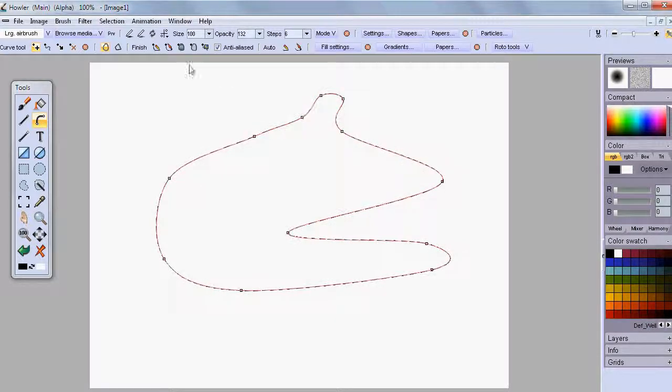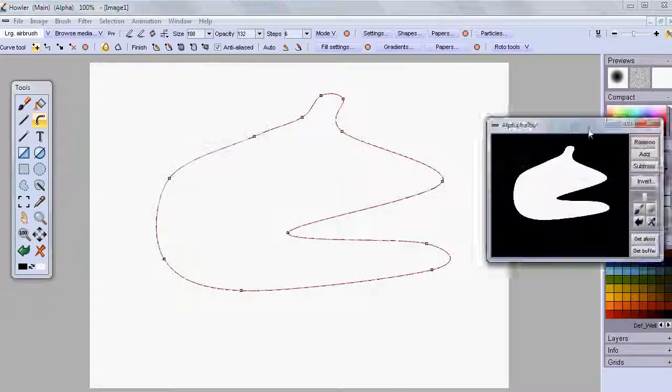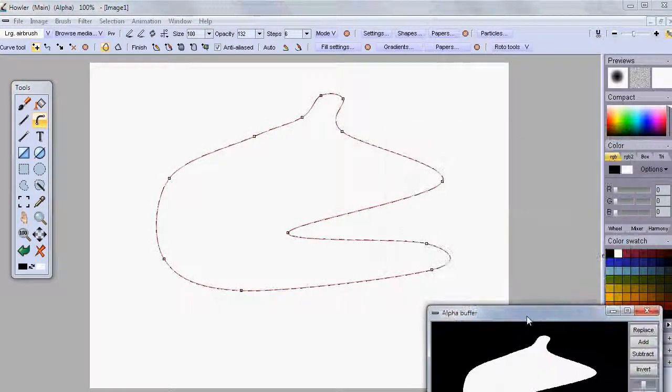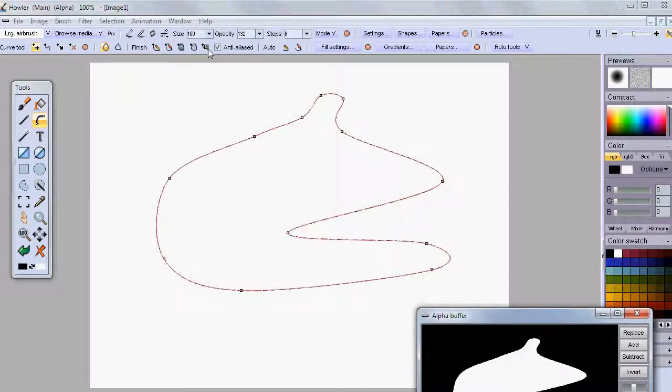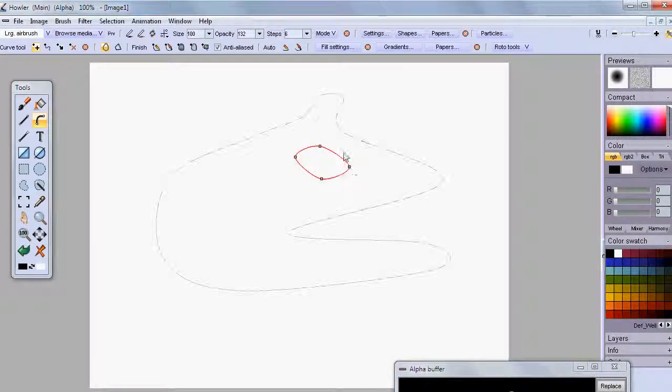So now you see the marching ants right there, and we can go to the selection mask and store this alpha mask, and we can see that there it is. There's the alpha selection mask in the alpha channel. Now, what's new about this version 7.1 is that we can actually do this again, and we can add to or subtract from it. We won't do that with the same shape. We'll typically use a different shape. So maybe we'll clear the existing shape, start over with a new curve, but leave this selection in there, and maybe we'll need to have some eyes there. So let's go something like this,